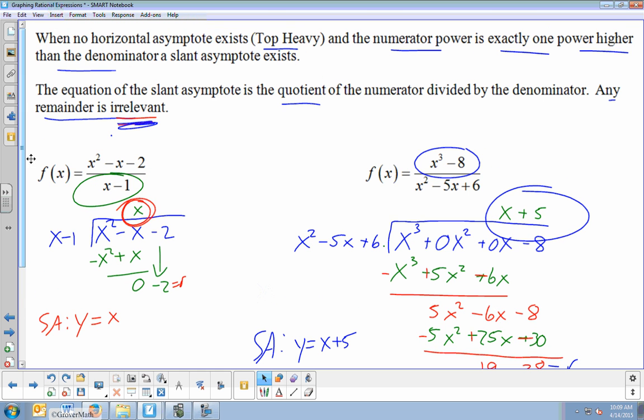It only comes up if you're top heavy by exactly 1. So it's kind of rare. Like when we get it, we'll do a bunch of them for practice tomorrow. But when we get into the graphing, this will come up one every 5 or 6 problems. It's not something that comes up every problem. So often, if there is a horizontal asymptote, then there is not a slant asymptote. Sometimes there's neither. So it's a very specific case that this comes up, and it does require some long division,